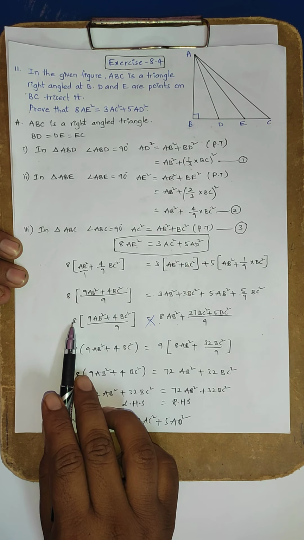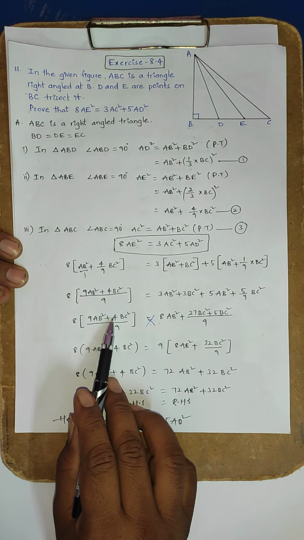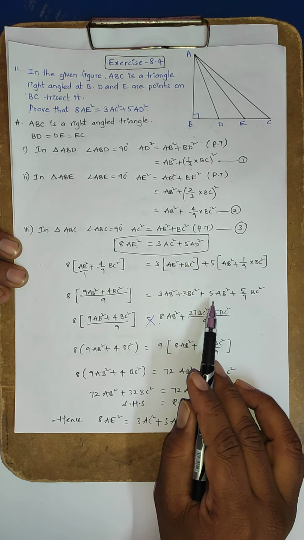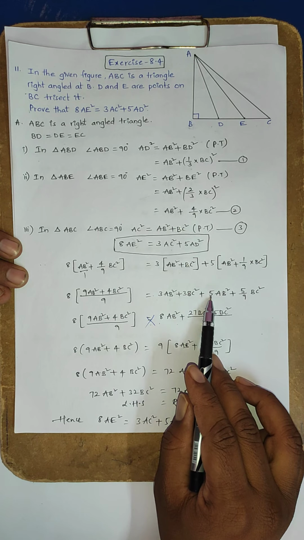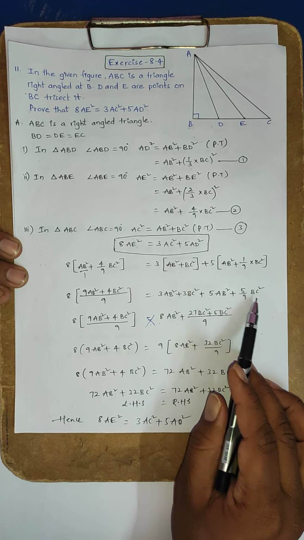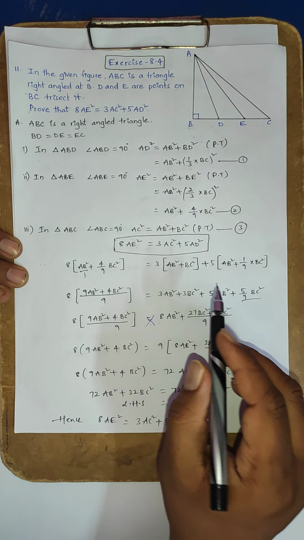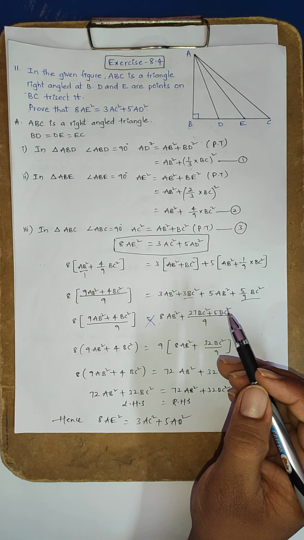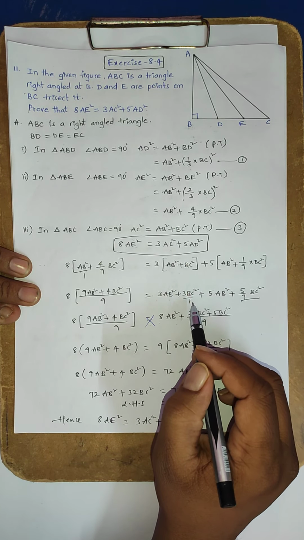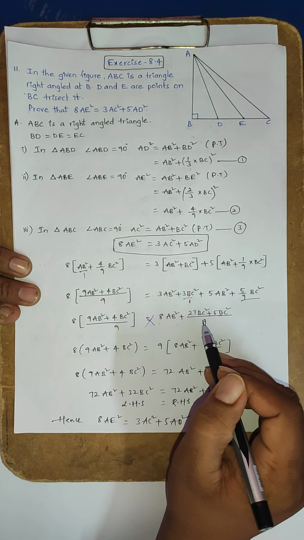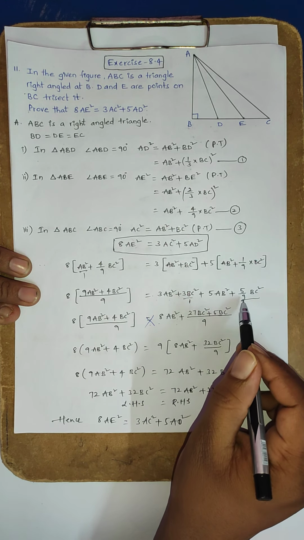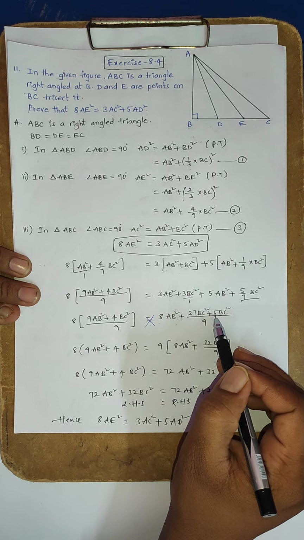Now the left side is 8/9 AB square plus 4 BC square by 9, equal to AB square terms plus BC square terms. Add the like terms: 5 times AB square and 3 times AB square make 8 times AB square. Now BC square, one like term here and one here. Add them: the LCM of 1 and 9 is 9, 1 times 9 is 9, 9 times 3 is 27, so BC square plus 9... the denominator 9 is the same, so write the numerator 5 as it is: 5 BC square.